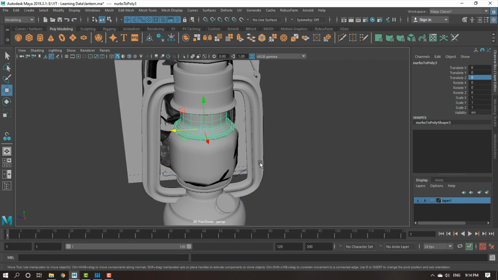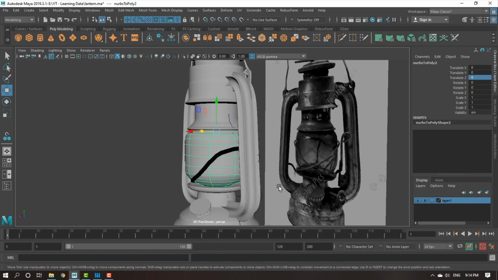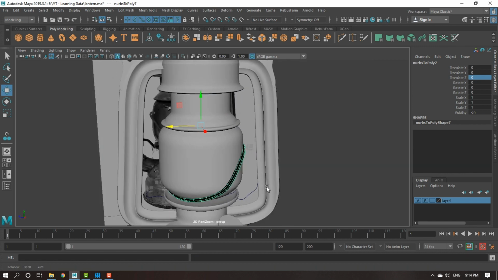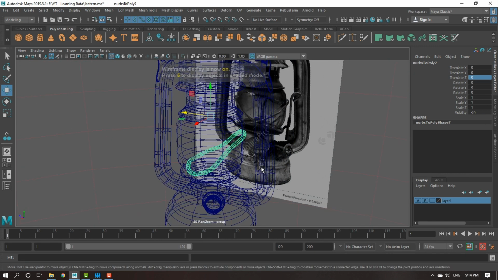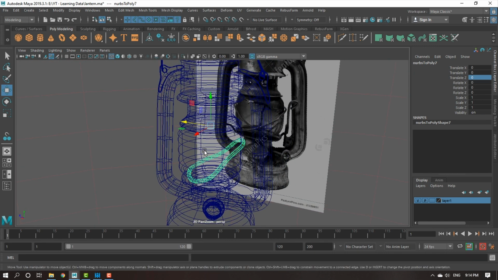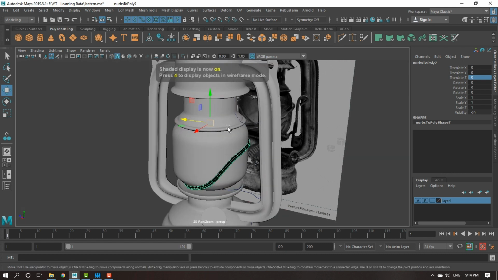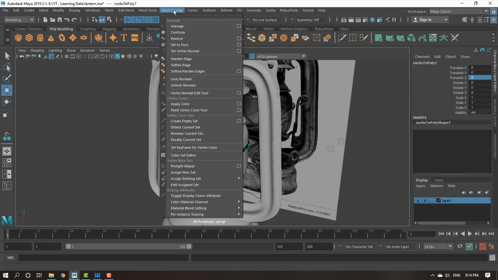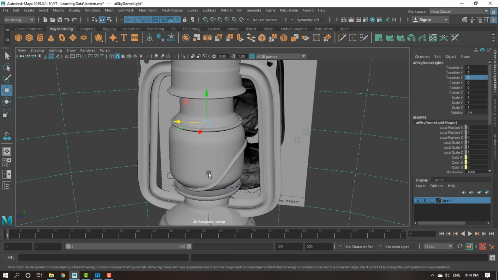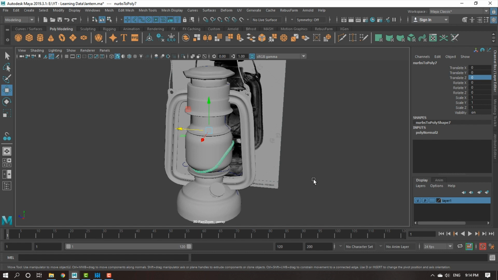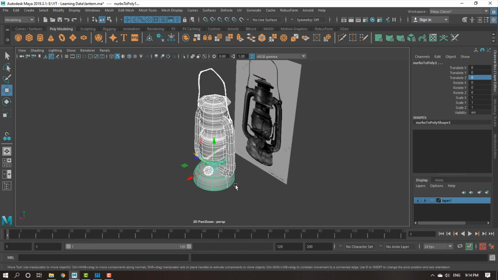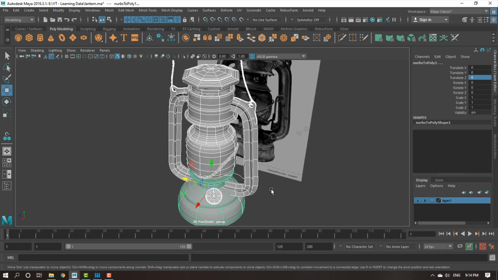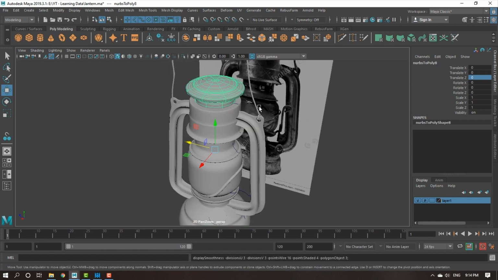Let me press 3 number key and give it a smooth. Same with this, guys. Oh, I think I forgot to do the other side. Not an issue. I'll go here and I will say mesh display reverse. Now what I can do is, I'll select each and everything and I will delete the history. I've pressed the shortcut Shift Alt and D. Go here, press 3 number key, again press 3 number key.